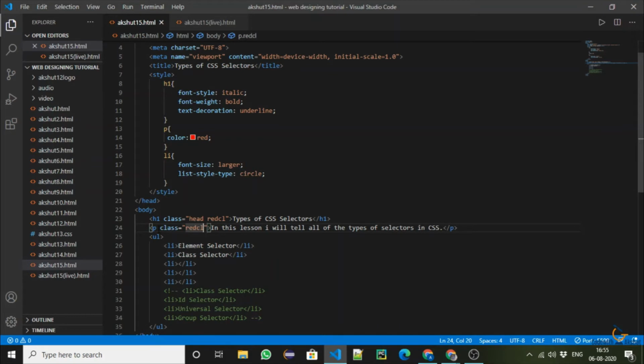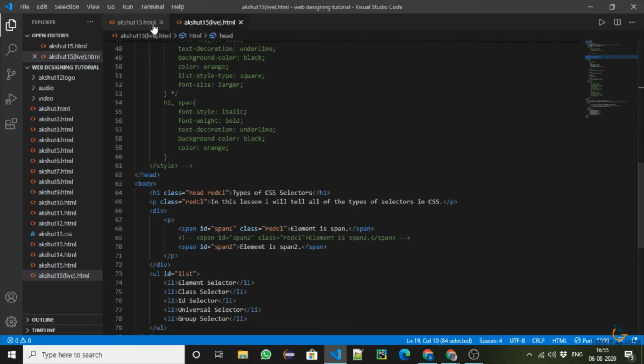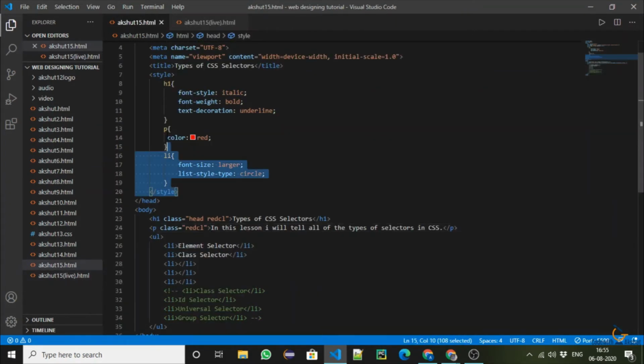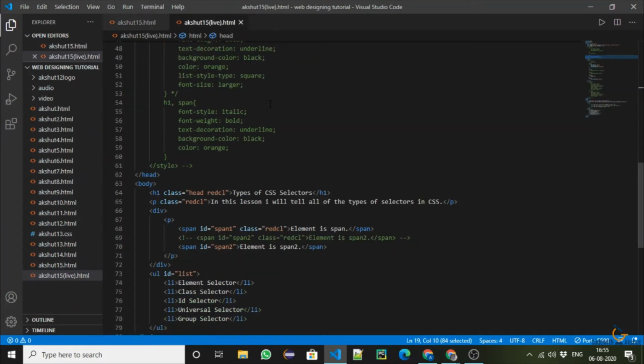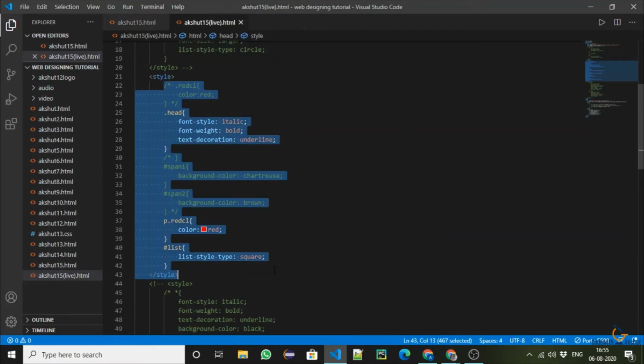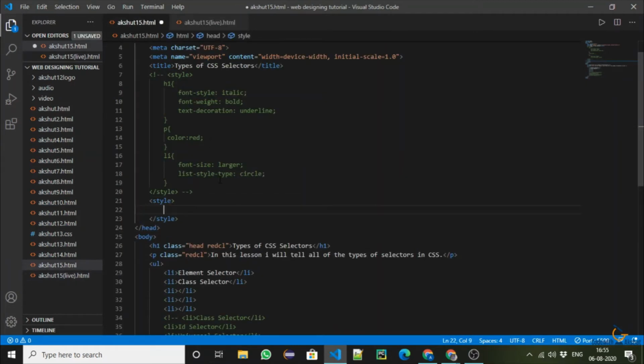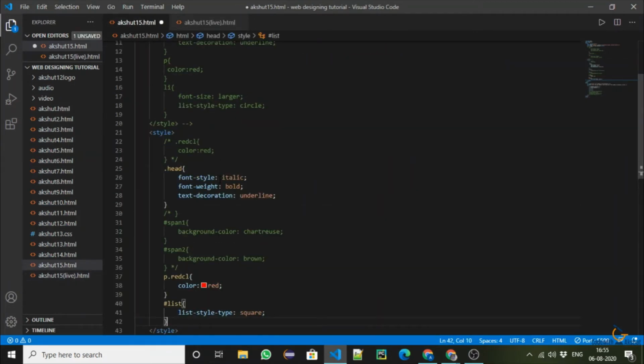Now what I will do is I will comment this one. I will add another style tag. I will save it. So the next thing I did was I will copy this whole, but I will also remove some of this. I will keep it commented and I will tell you what to do, when to do. So like this is no use for you.